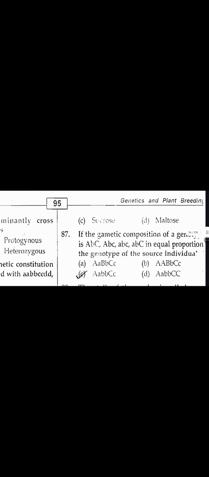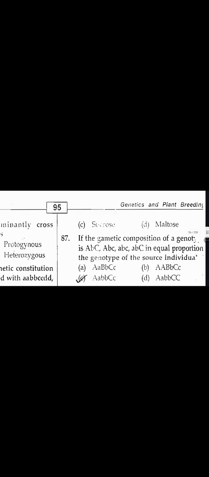Question number 84. In seed testing, the grow out test is conducted to determine the genetic purity. Yes. Question number 85. Translocation of carbohydrate mostly takes place in the form of, that is, sucrose. Question number 87. If the gametic composition of the genotype is capital A, small b, capital C,